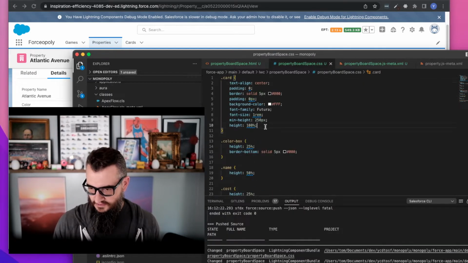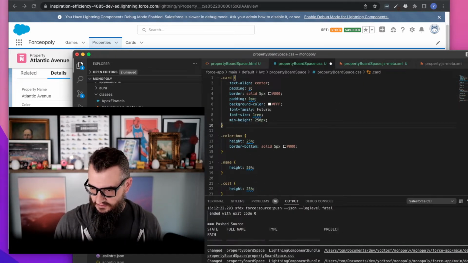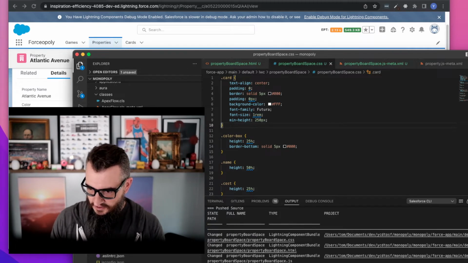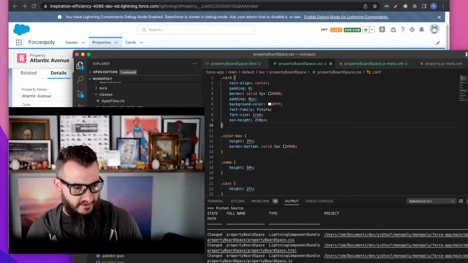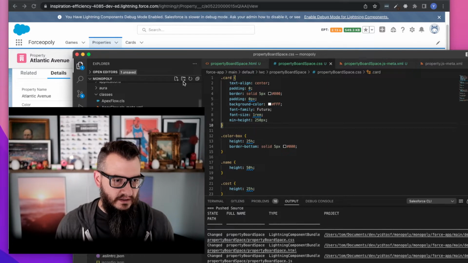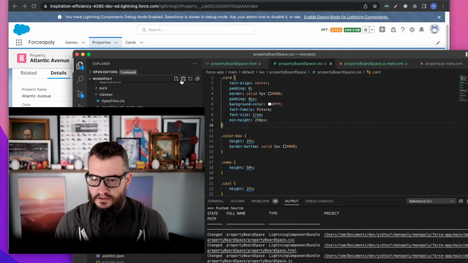No, that's not what we're after. Alright, say min height 250, and then everything's a percentage after that. And then